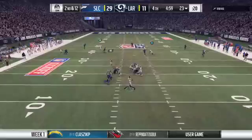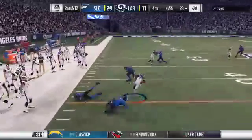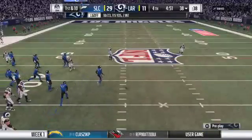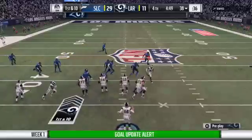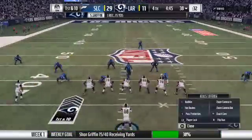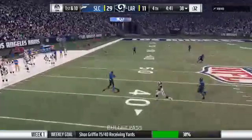From the gun, here's Goff. Throw left side complete. That's Griffin. And they're able to get this one across the 35. The 15 yards there on the catch and run. You cannot write these guys off just yet, not with a quarterback like that under center. You mean it actually crossed your mind with him running the team that you could actually...